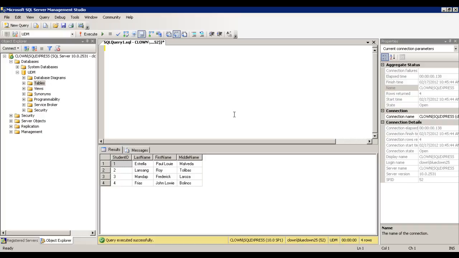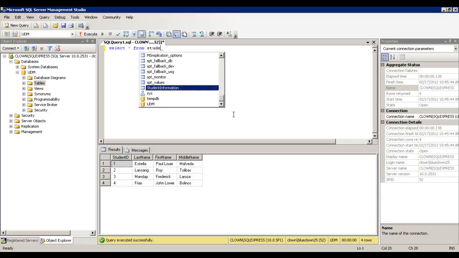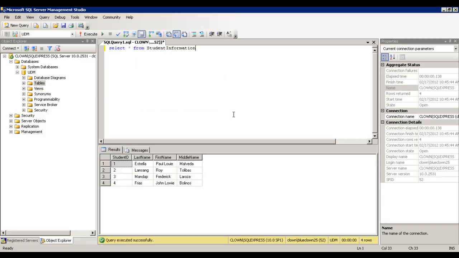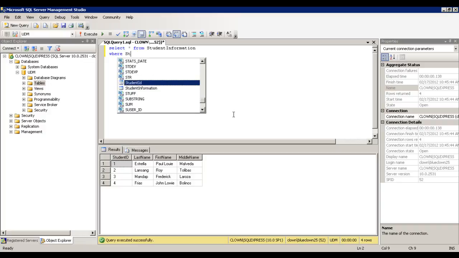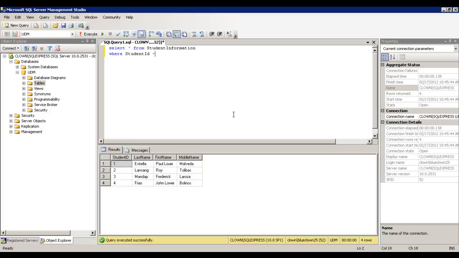For example, let's type select all from the table name that we made, student information, then let's type where student ID is equal to 1. So press enter and let's type again; you can copy paste it or you can type it.